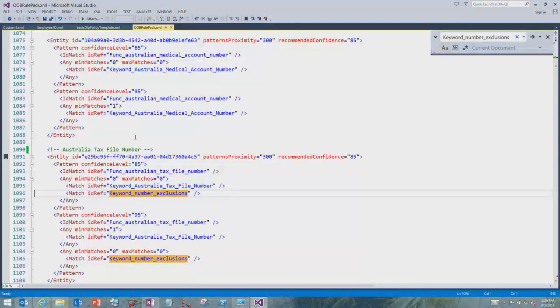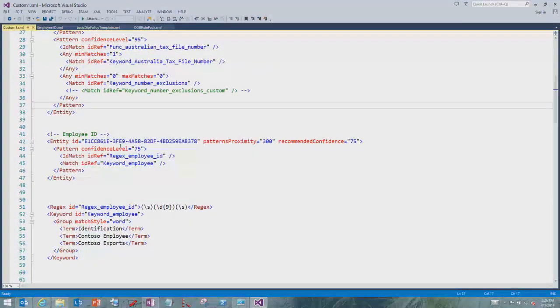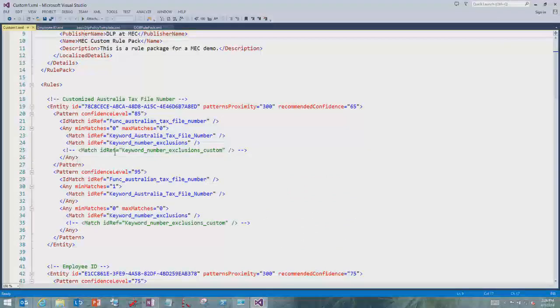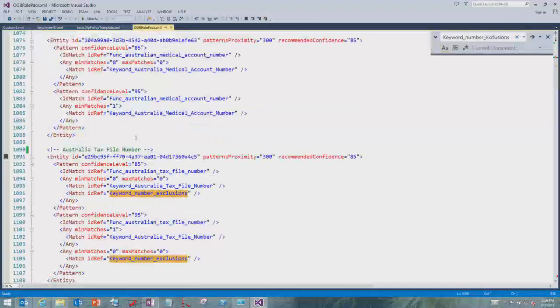Yes, that will be coming right up. And the question was, what does a keyword list look like? All right, so what we're going to do is take our definition of the Australian tax file number, and if I actually go ahead and look for this, specifically keyword number